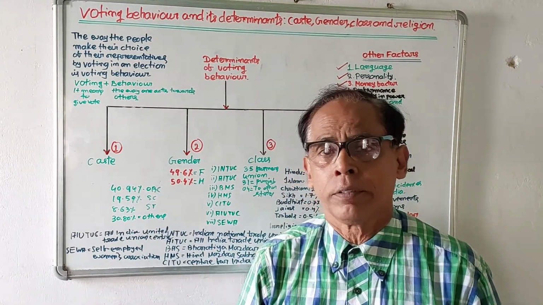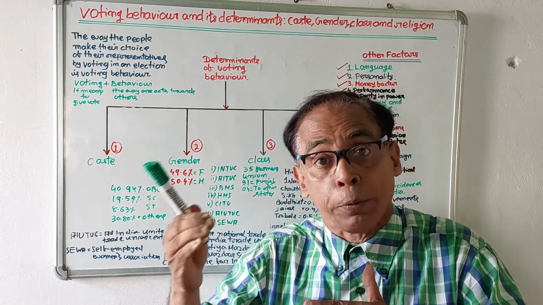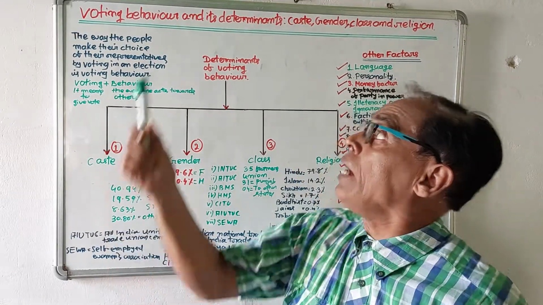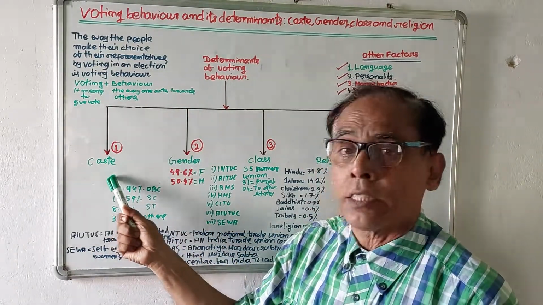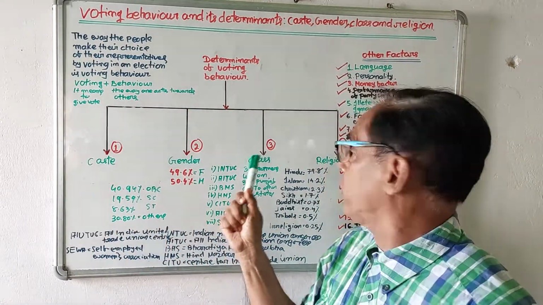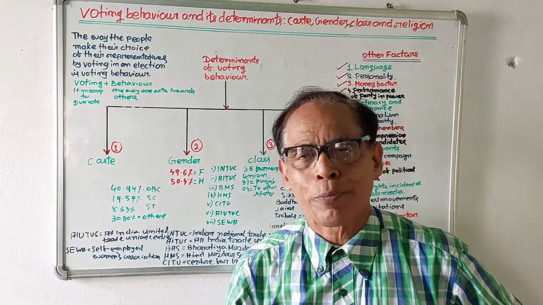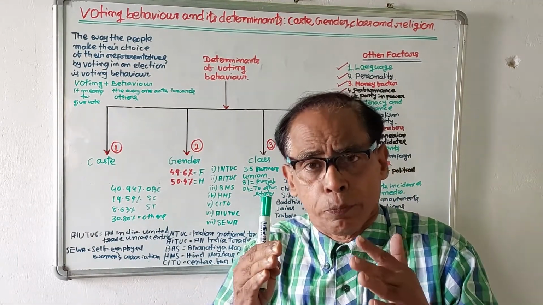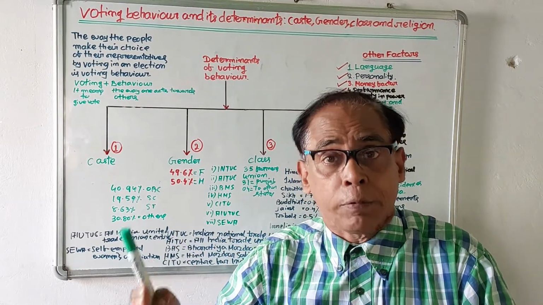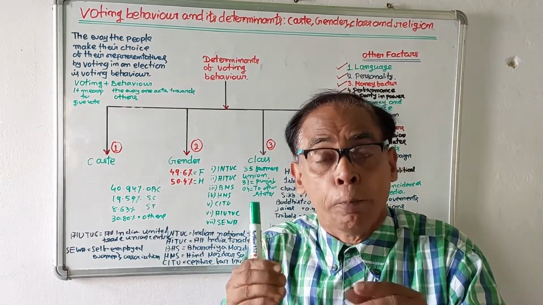Today's topic is voting behavior and its determinants: caste, gender, class and religion. This topic, voting behavior and its determinants, is a very important topic,